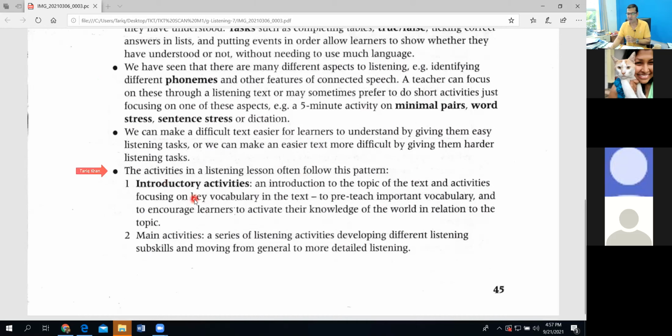This we did in the reading also, right? Introductory activities: an introduction to the topic of the text and activities focusing on key vocabulary in the text. Pre-teach important vocabulary and encourage learners to activate their knowledge of the world in relation to the topic. So for the listening,